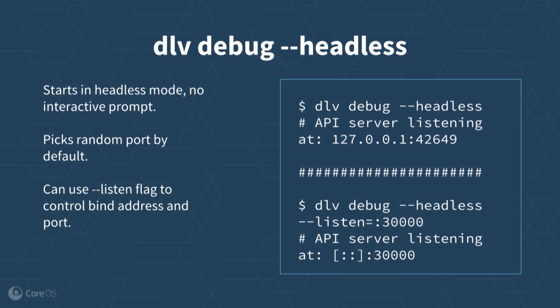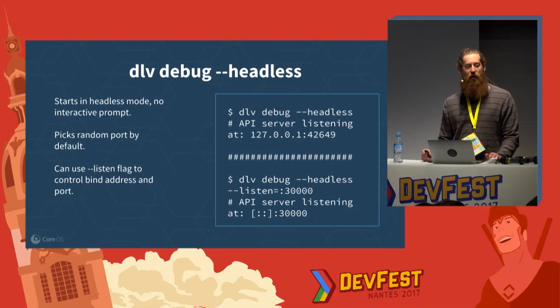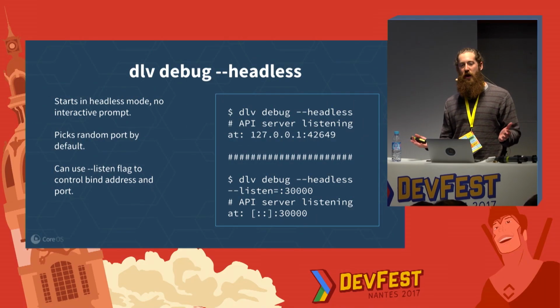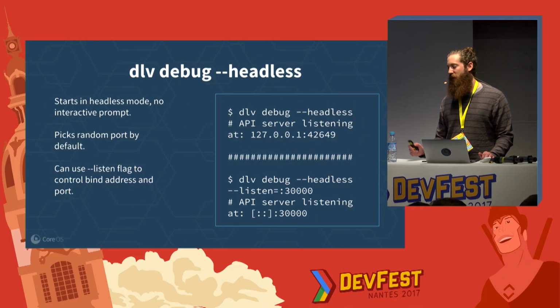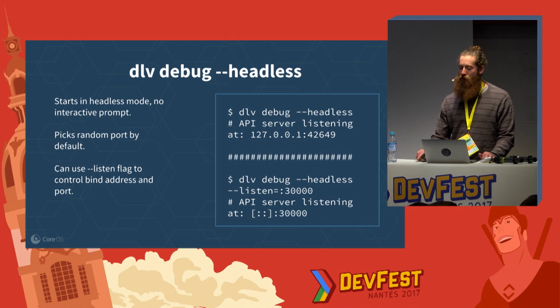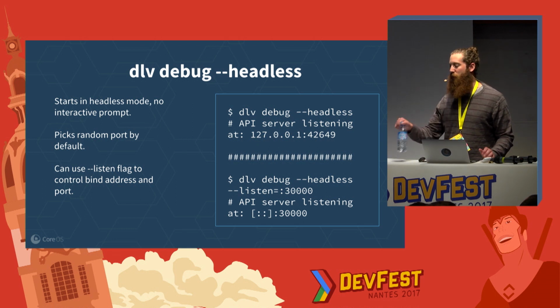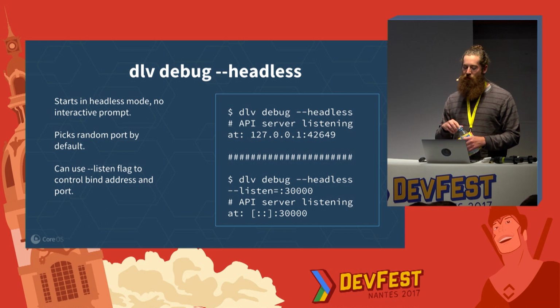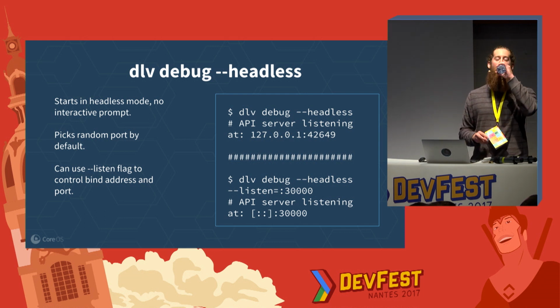And to enable this API headless mode, this is the way that you would run Delve. I'll talk a little bit more about this subcommand later, but essentially you would run dlv debug --headless. It starts the debugger in what's like the server API mode. By default, it picks a random port, but you can use the listen flag to specify a port if you'd really like to,